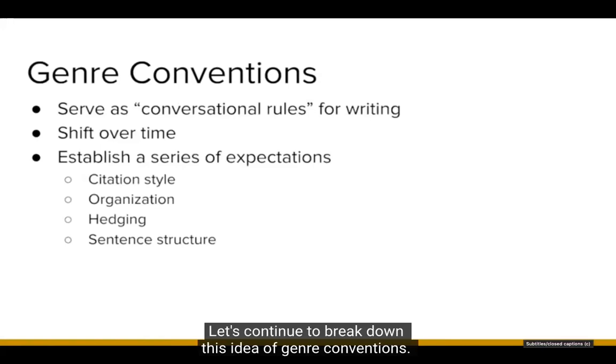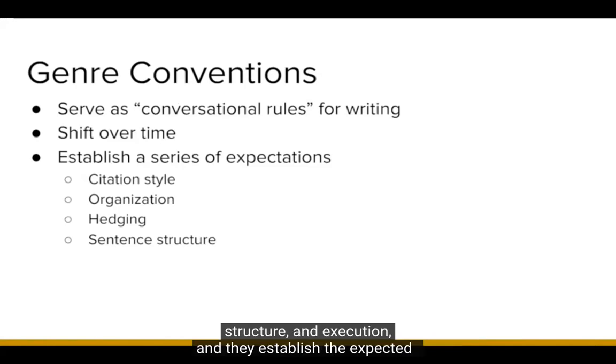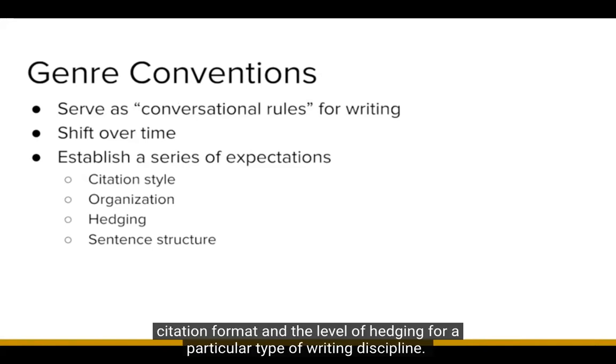Let's continue to break down this idea of genre conventions. Remember, these shift over time, and they establish expectations around things like argument structure and execution, and they establish the expected citation format and the level of hedging for a particular type of writing.